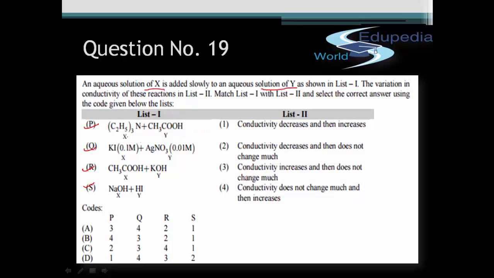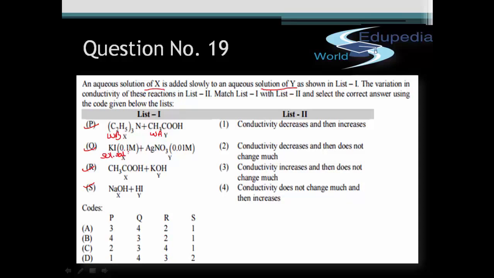What we need to do is that we first need to identify the type of species present in each of the options. As you can see that in option P we have a weak base and a weak acid. CH3COOH, as we all know, is a weak acid, and (C2H5)3N, that is a 3-degree amine, is a weak base. Option Q is a precipitation reaction wherein we have KI, which is a soluble salt,